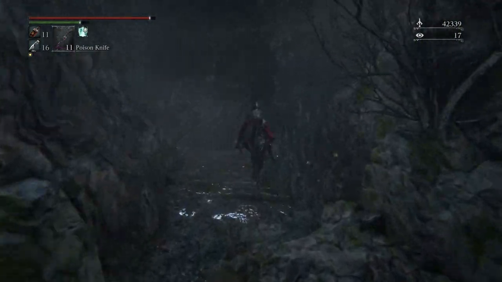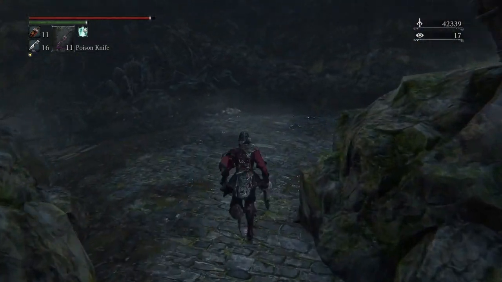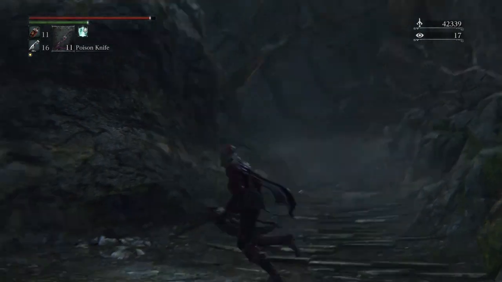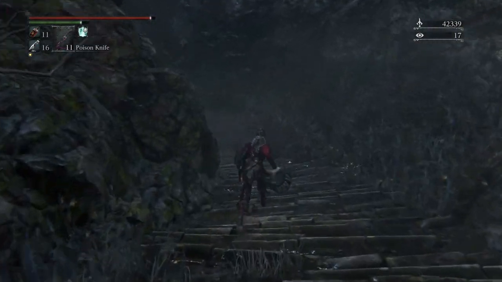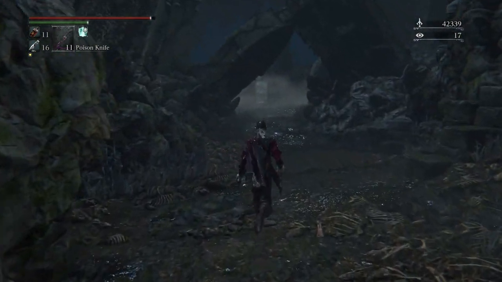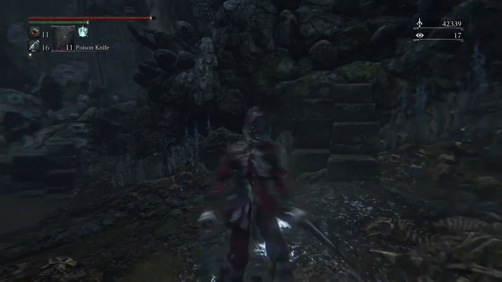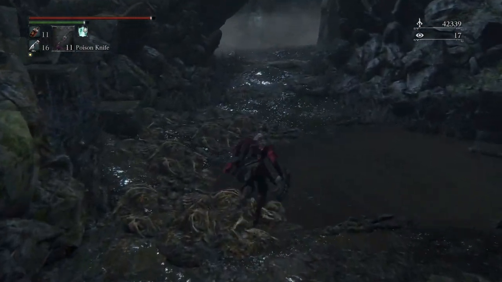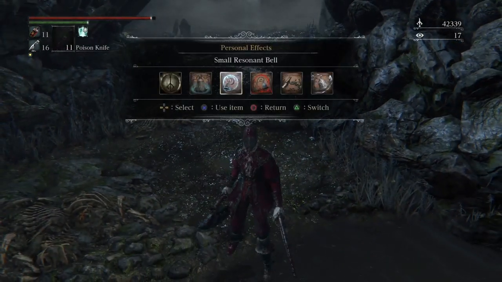You run through the area it was just at. You know, this nice little cross section. You can go up there and get a little shortcut to somewhere else. I don't really know. Or you can go down the steps. And right here is where you're going to want to use your beckoning bell or small resonant bell. And once you go in there, you're going to fight...